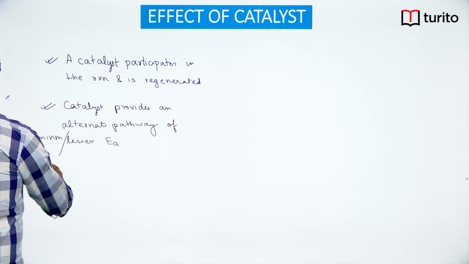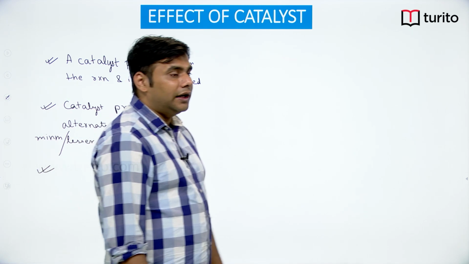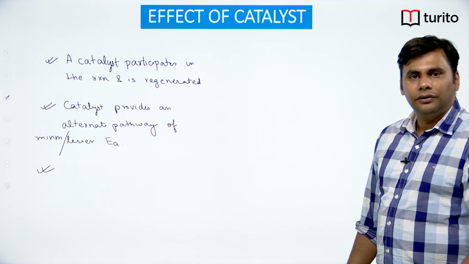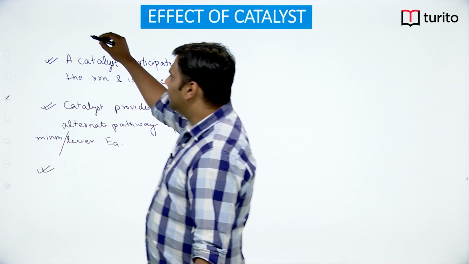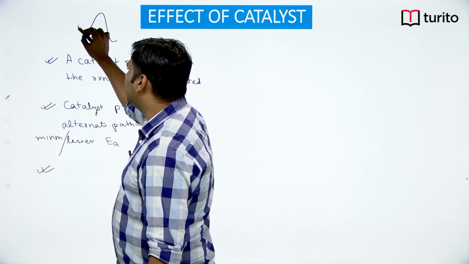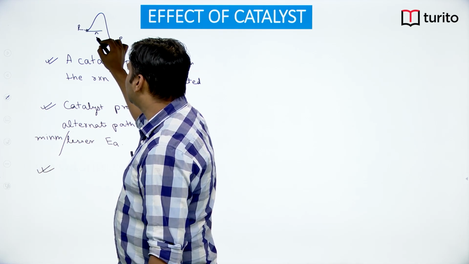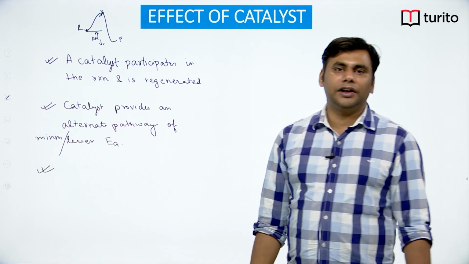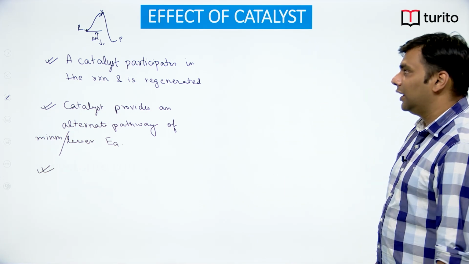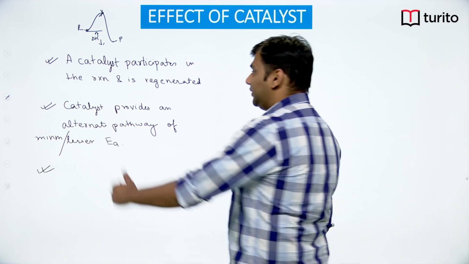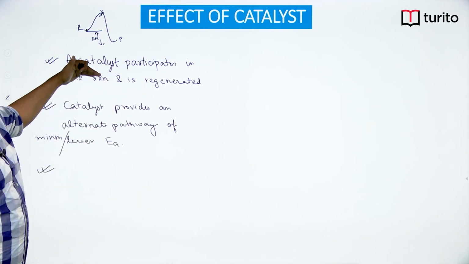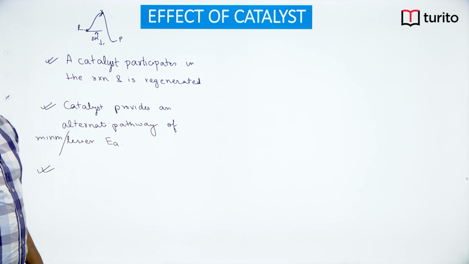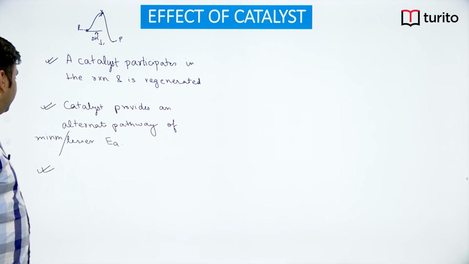Now, one very important question that comes: does catalyst change the enthalpy of reaction? Okay, so if you look at the graph, I was saying that the graph would look something like this. So this was the reactant, this was the product, so this was your delta H. Okay, so basically the catalyst is stabilizing the transition state and not reactant and product, because if it stabilizes the reactant, then the energy of reactant will get lowered. So if the energy of reactant gets lowered, then the activation energy will increase. If the activation energy increases, then the reaction would become slow. So basically we will say that